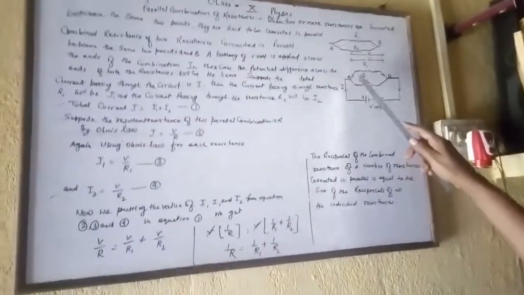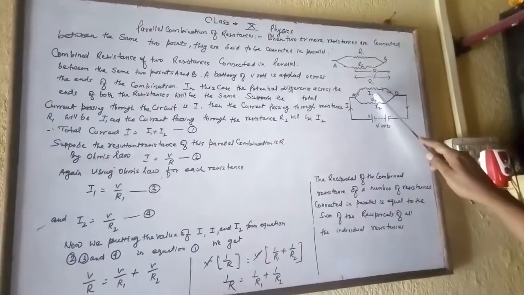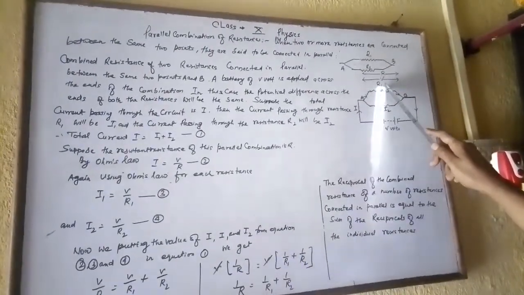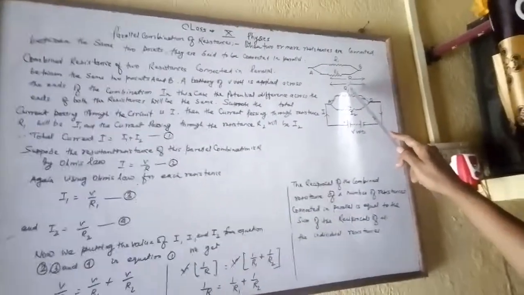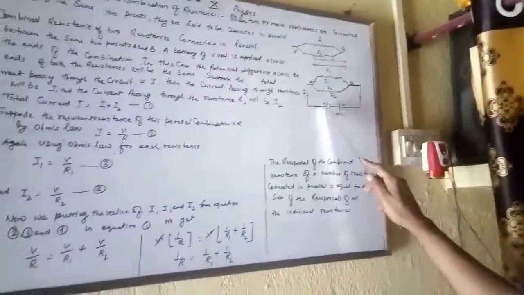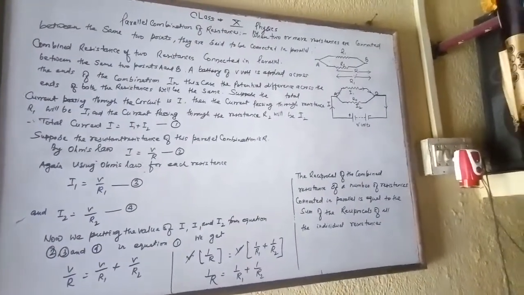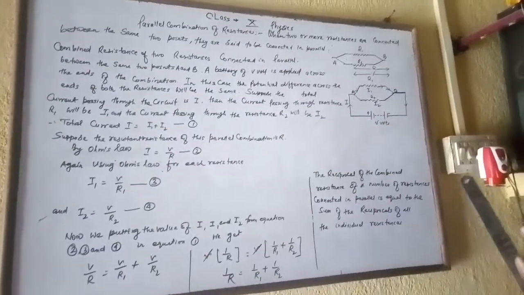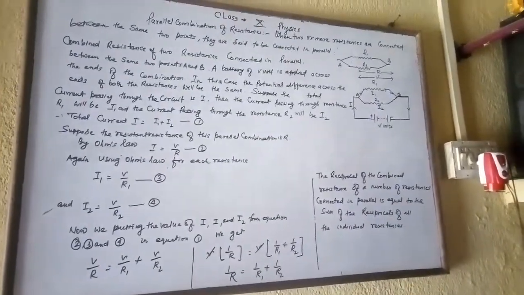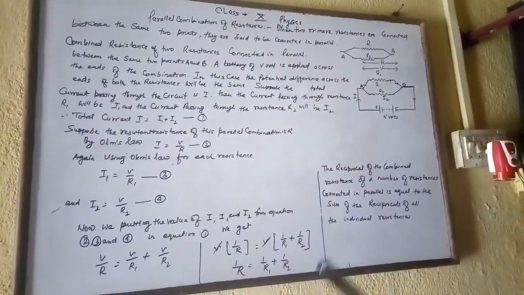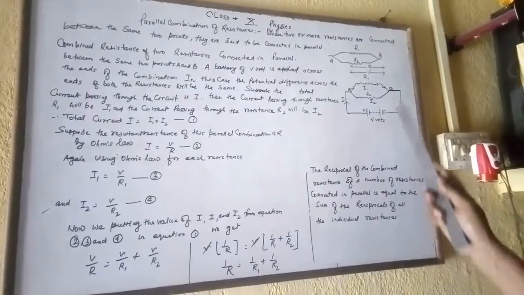उसके लिए हमने एक सर्किट तैयार किया है। I टोटल करंट है, I को दो पार्ट में स्प्लिट करते हैं, I1 और I2। ये R1 रेसिस्टेंस है और ये R2 रेसिस्टेंस है, I1 करंट है R1 के लिए और I2 करंट है R2 के लिए। एक बात जान लें कि पैरेलल कनेक्शन में पोटेंशियल डिफरेंस सेम होता है और करंट स्प्लिट होकर कई भागों में बँट जाता है।